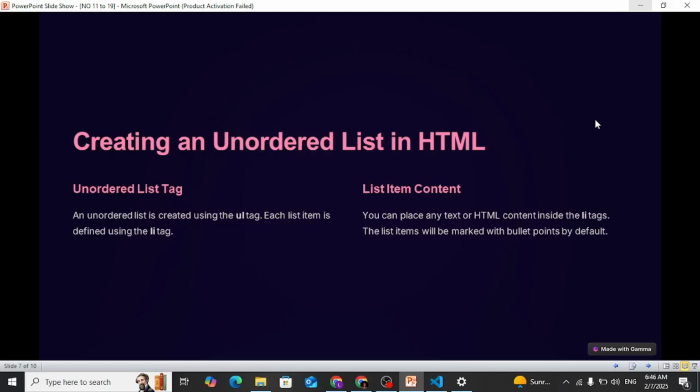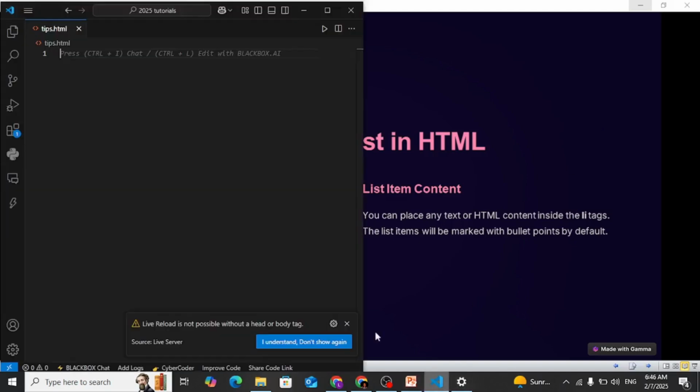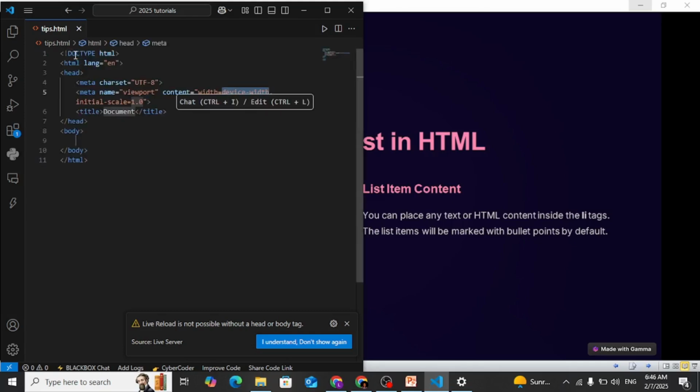And how do you go about that? You go to your VS Code editor, and the first thing you should do is to create a basic HTML template by pressing exclamation mark enter. Now you have a basic HTML template. So let's change the title to something else. Let's call it unordered list,